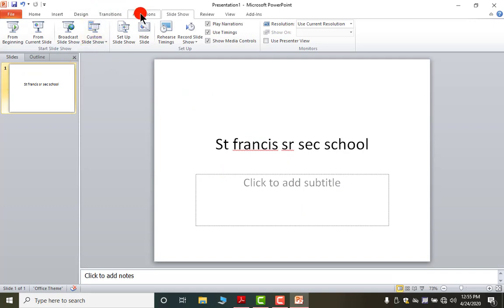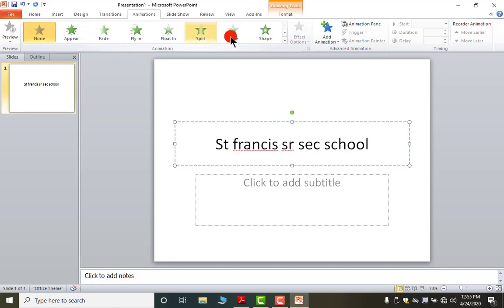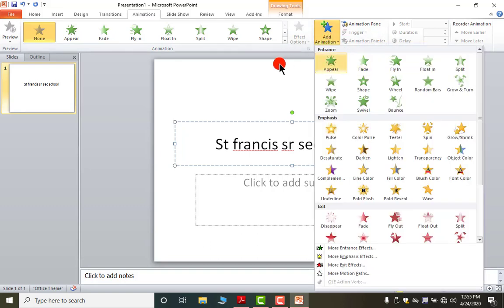Now look, here we have transition and animation. First we have to click on Animations. Now look, nothing is highlighted. This is the important thing. First of all, you have to click on the text or an object, then the options will appear. According to your book, you have to click on this, and here you will get different types of options.